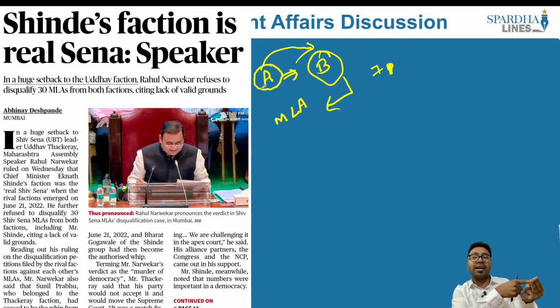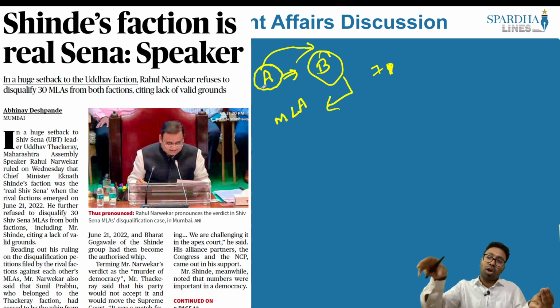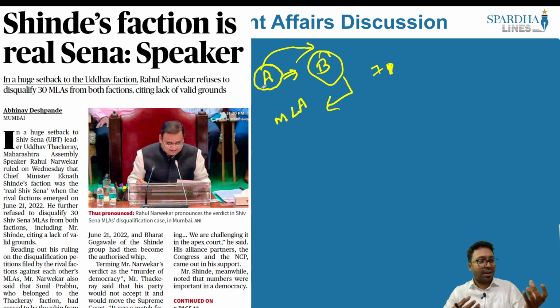you were fighting against the NCP, but now that you have won the elections, you come back and form this particular group and you form the government. So many of those who were elected, the Shiv Sena members, were not happy with this ideology, and so there were two factions within the Shiv Sena. One was led by Uddhav Thackeray. The other faction was led by Shinde, the current Chief Minister of Maharashtra.